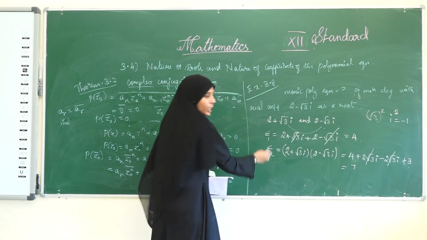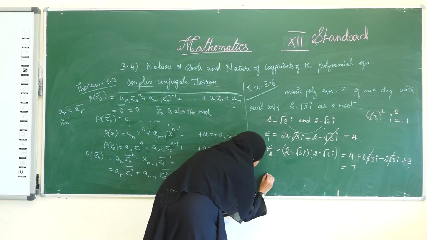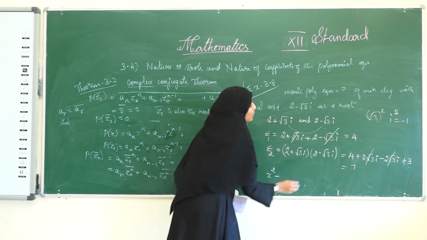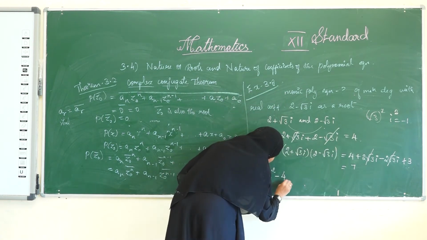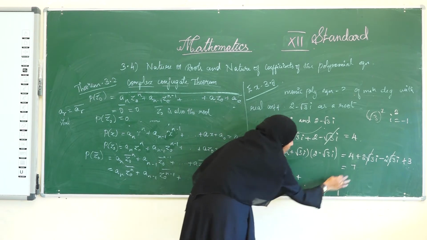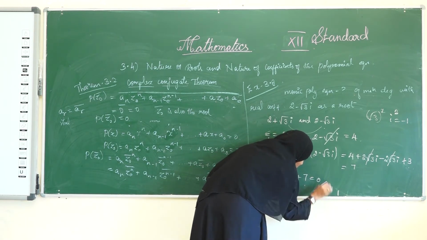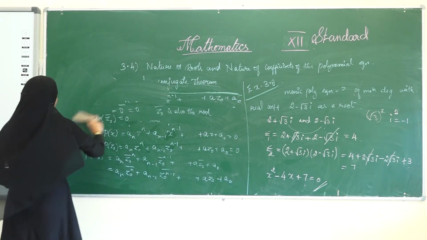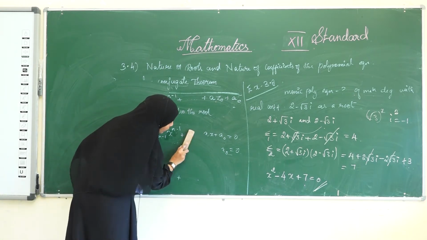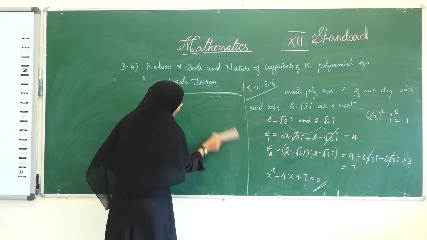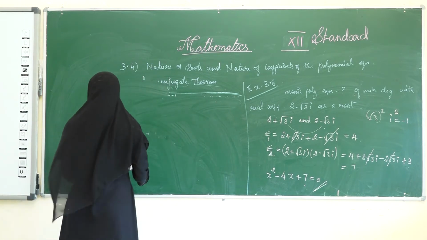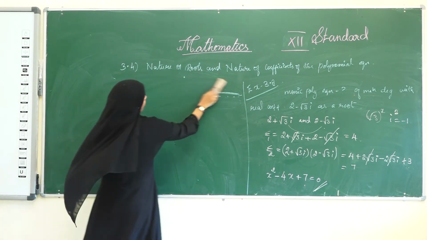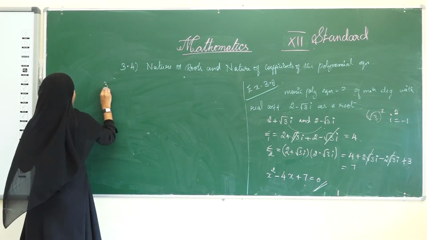Now we can write the quadratic equation, right? What's the quadratic equation? x square minus sum of the roots into x, here the sum of the roots is 4, so minus 4 into x, plus product of the roots, that is 7, equal to 0, which is the required monic polynomial equation. Okay. This would be easy. In the following exercise also they have given sums of this type. Okay, next we are going to move on to the next subdivision, that is 3.4.2.